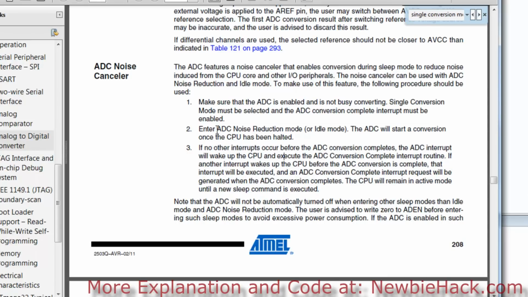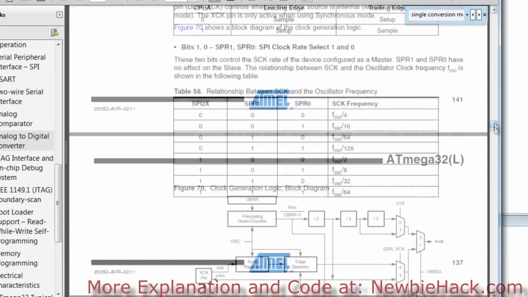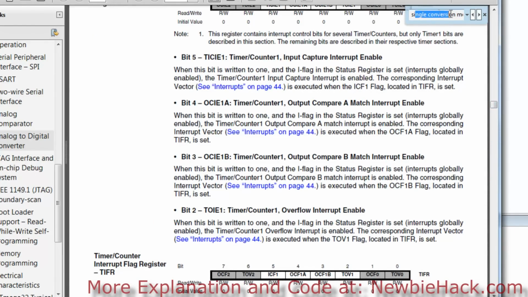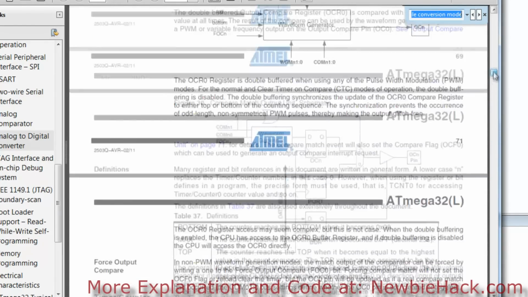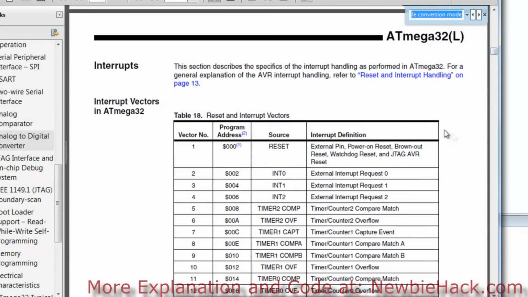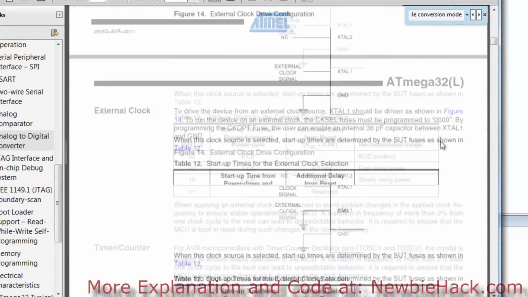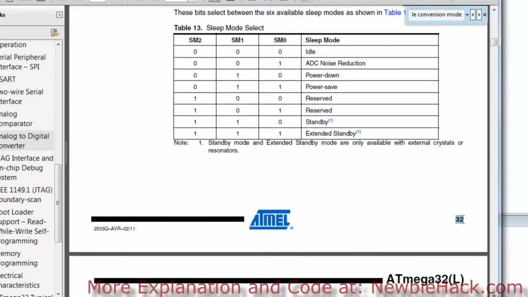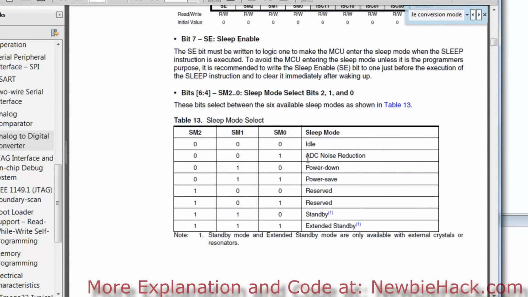Now let's go see how you can actually introduce the noise reduction mode. It doesn't give you any information in this location on how to do that, or any links to where to find it in the data sheet. And this data sheet is pretty long, but you can find it if you do a search using Control F. So if you go to somewhere around 30, yeah, it's right here. On page 32, there is information on how to set the ADC noise reduction,